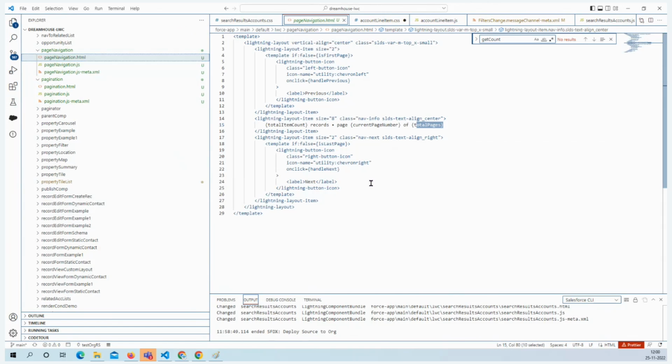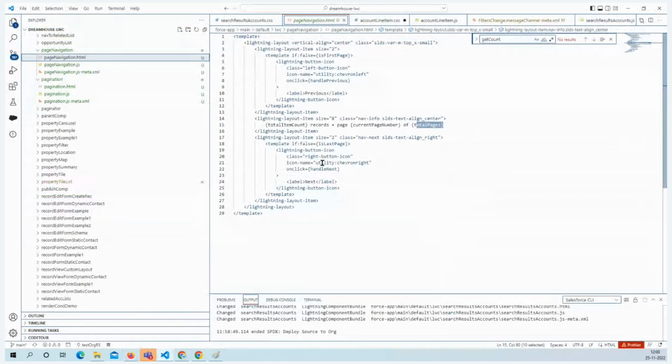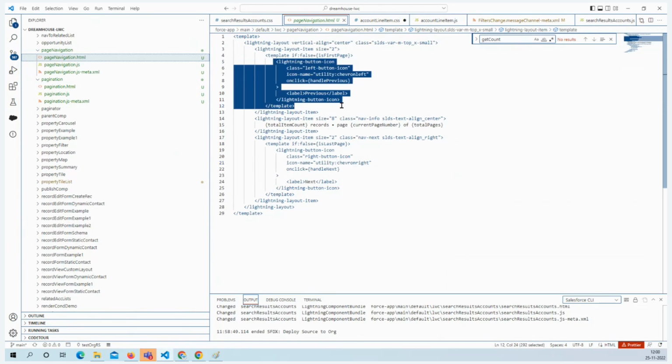Okay, and this one, right? This symbol. So how is it being rendered here? This is absolutely from the SLDS icon, utility chevronright and chevronleft. You get my point? So you'll see here, right? And this will be rendered,